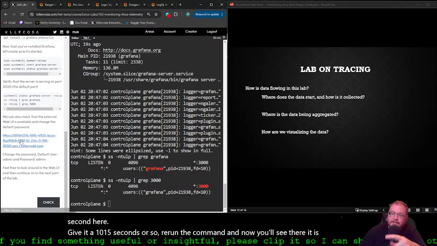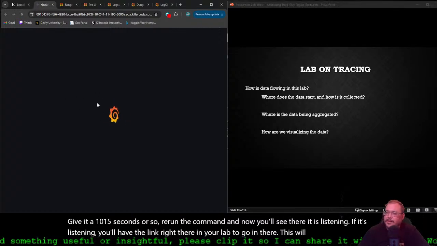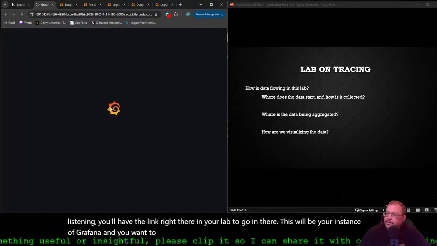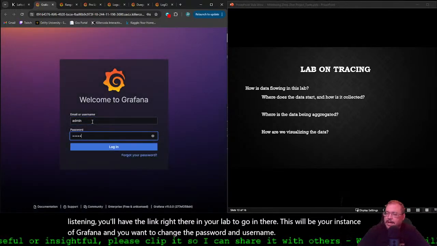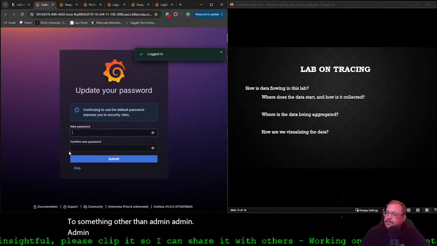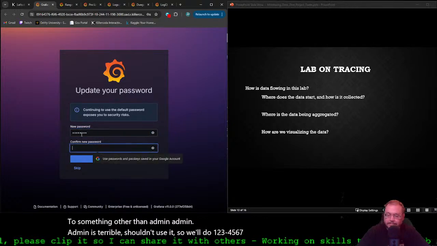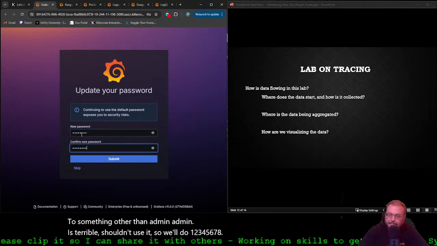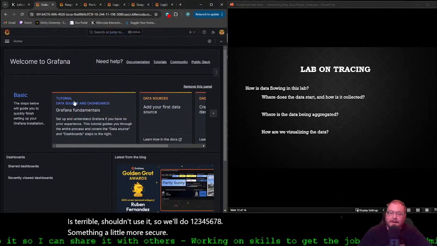If it's listening, you'll have the link right there in your lab to go in. This will be your instance of Grafana. You want to change the password and username to something other than admin. Admin is terrible, you shouldn't use it. So we'll do 1, 2, 3, 4, 5, 6, 7, 8. Something a little more secure. All right, we got Grafana up in our lab.